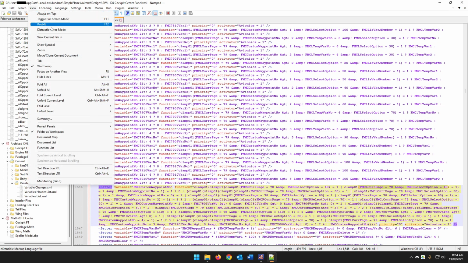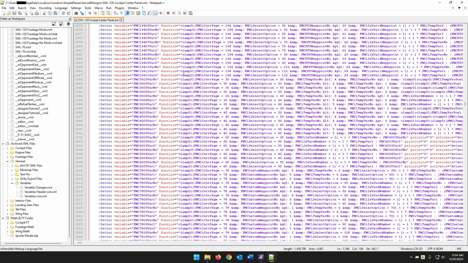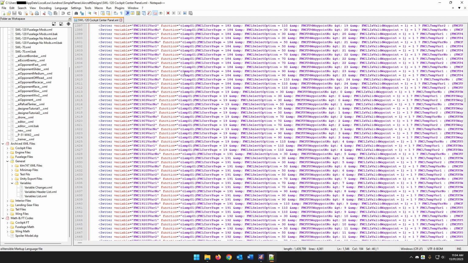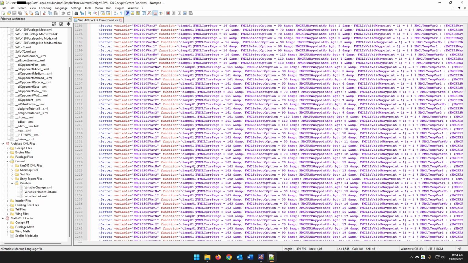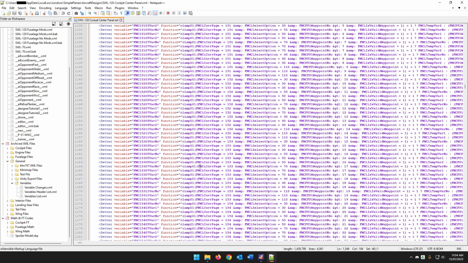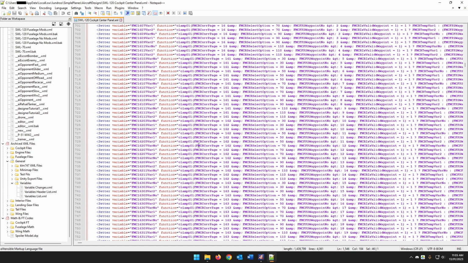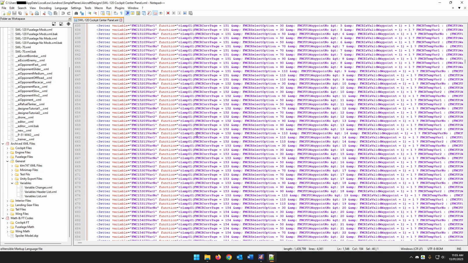For a lot of these variables, I've just copied the FMCR ones and then just renamed it to FMCL, so I have twice as many variables for these ones. That's the easiest way I can think of doing it. And remember, it's not the number of variables that matters, it's the amount of code total. So if I have one variable with a really, really long amount of code versus a bunch of variables that just have a little bit of code, those bunch of variables are going to be less performance impactful than the one long variable. And luckily, for almost all the variables, it was a simple case of just copying and pasting,